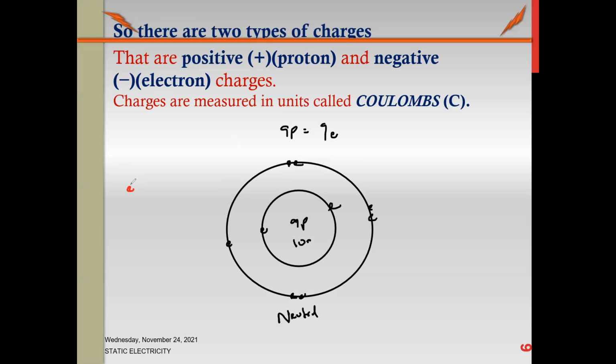There will be no net charge. But what happens if one electron is added? There's an extra electron, so now the protons are fewer and the electrons are more. There are 9 protons, but now it has 10 electrons. So when electrons are more, it won't be neutral. Because it has more electrons, it will turn out to be a negative charge, or negative ion.